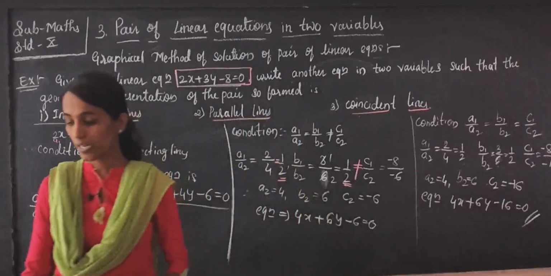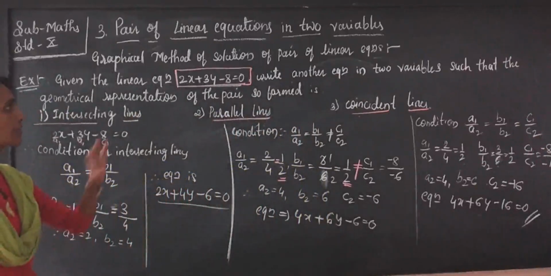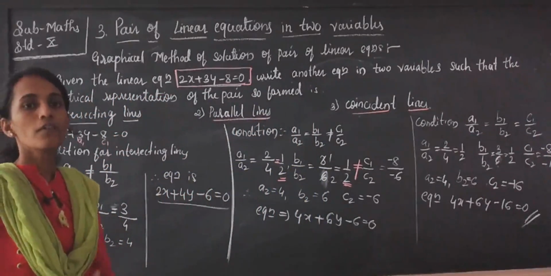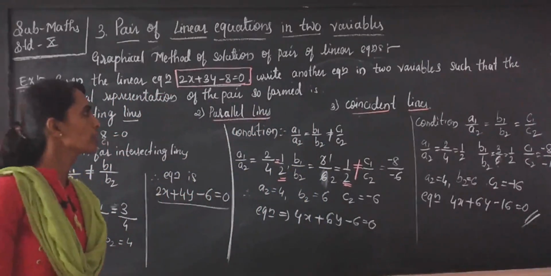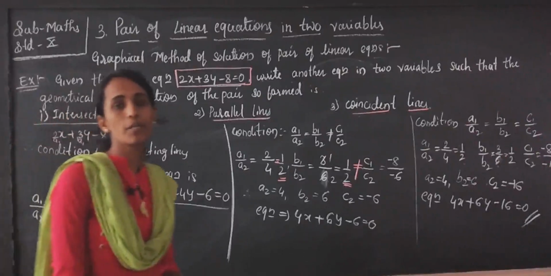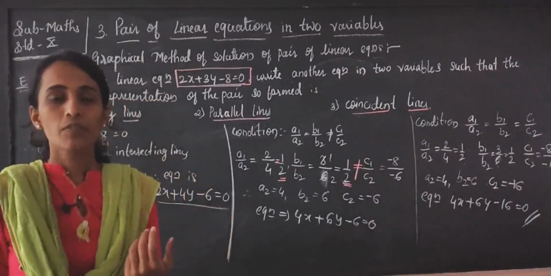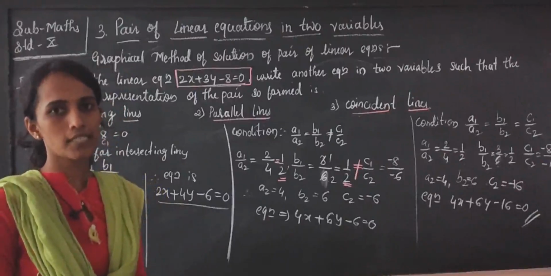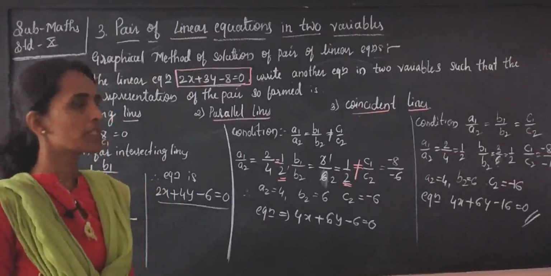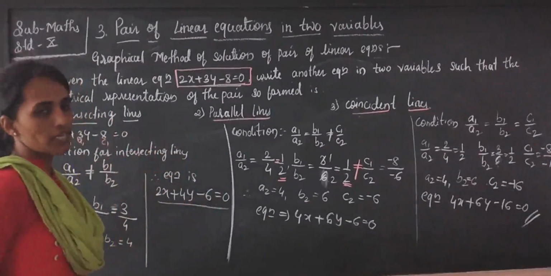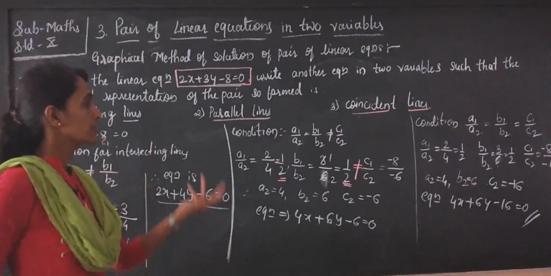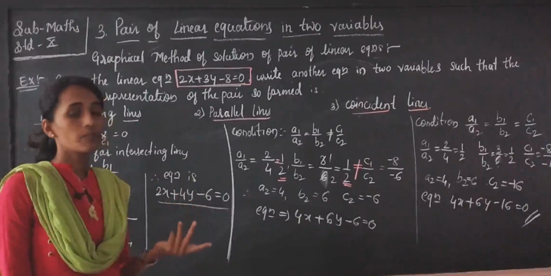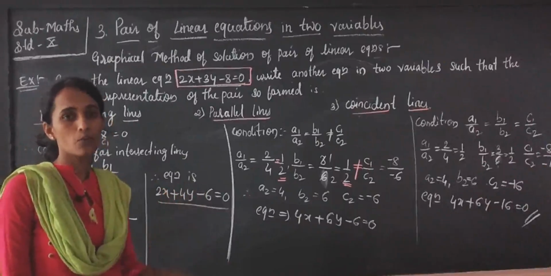So now you know how to create another equation when one equation and a condition are given. I hope you all understood. Depending on this graphical method, there are two exercises. In the first exercise, we have to represent the points and check whether the lines are parallel or intersecting. In the second exercise, for the examples given, we have to find out whether the lines are consistent, parallel, inconsistent or coincident, how many solutions there are, and whether the lines will be intersecting.